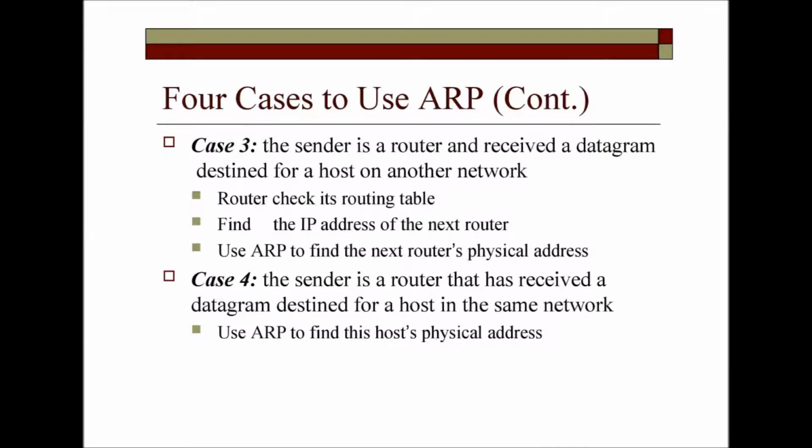If the IP address of the next router is available, then the packet will be forwarded to that next router, and ARP is used to find the next router's physical address. If the router needs the physical address of the next router, then an ARP request will be forwarded and the specific router will reply. We have studied this process. When the ARP request is forwarded, the destination device will reply in case of unicast.